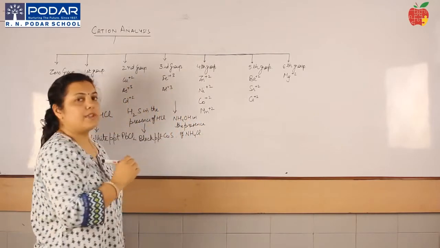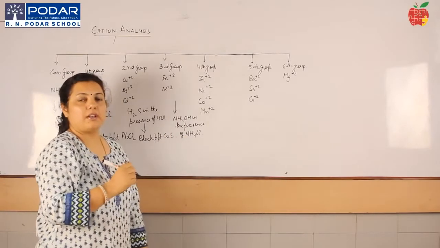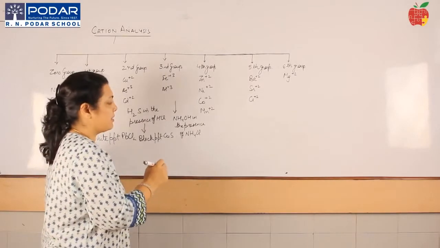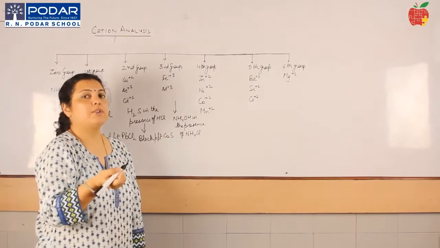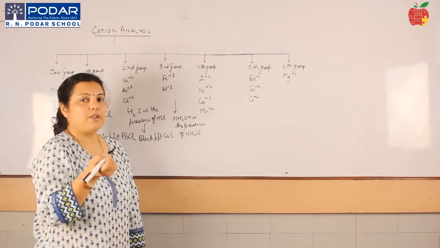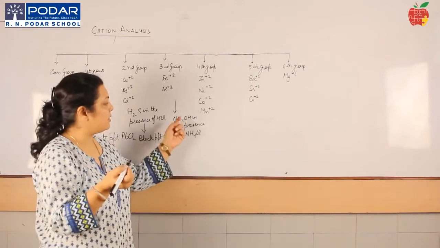So what you will do is, you will take your salt solution, you will add ammonium chloride solid to it, ensure that the ammonium chloride gets dissolved, and after that, how do you test that enough ammonium chloride is present? The test tube should smell of ammonia. So when you add ammonium chloride, dissolve ammonium chloride, if the test tube is smelling of ammonia, after that you will add ammonium